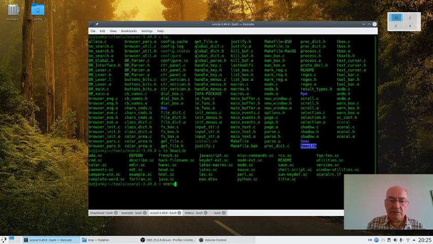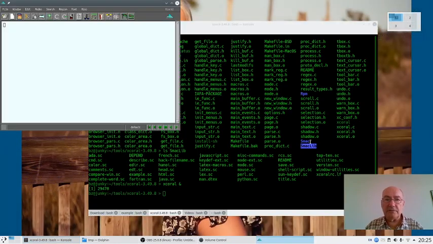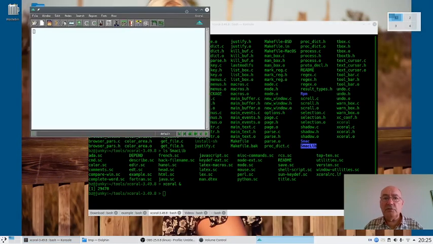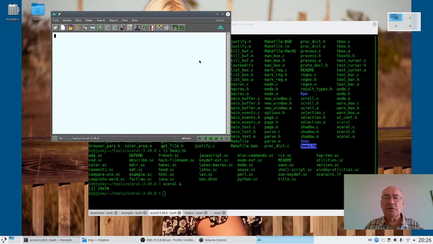So let's have a look now at the editor itself. Xcoroll ampersand. It's a multi-windows editor, which means that if you edit several files, you will open several windows. It's based on X11. It has its own set of widgets. It doesn't rely on any external widget library such as Qt, GTK+, or Motif.